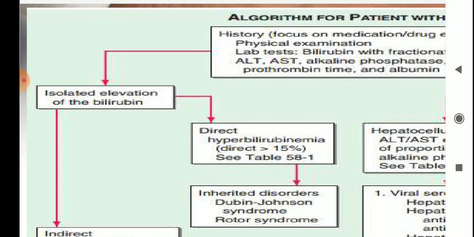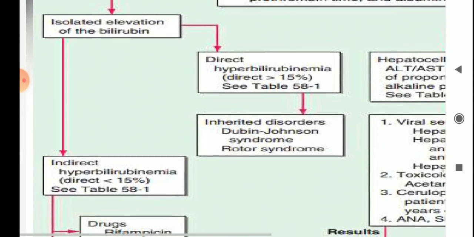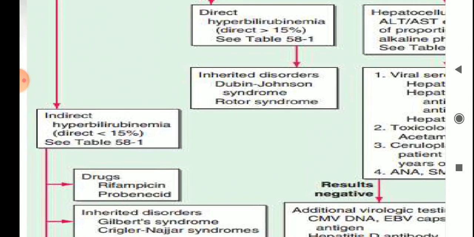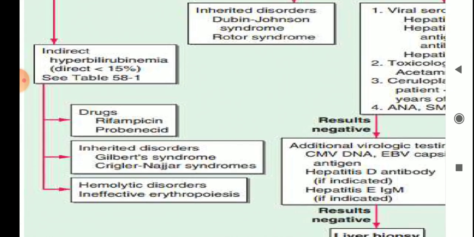Then go for the tests for indirect hyperbilirubinemia, wherein the conjugated bilirubin is less than 15%. If it's more than 15% conjugated, it could be the direct one. So with all these assays, the drugs, innate disorders, shortlist these and go on eliminating the differentials in a stepwise manner: the hemolytic disorders, ineffective erythropoiesis,